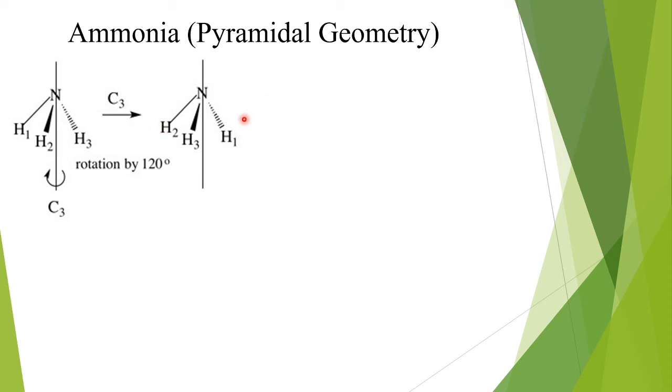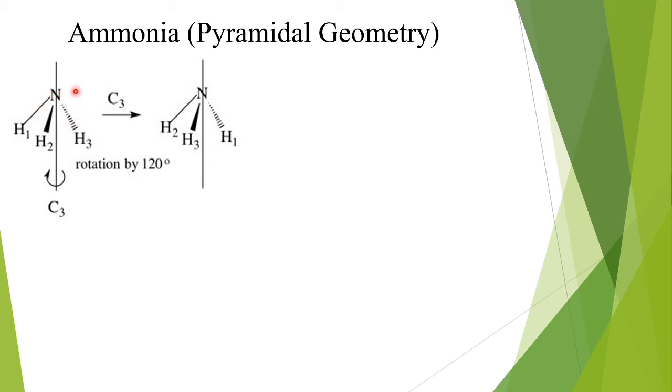Again you can write the same. You put an arrow mark, you write C3, then H1 will come to the position of H3, H3 will go to the left, and H2 will come to the right hand side. Those are the 3 different orientations possible while you are rotating the molecule through 360 degrees. If you rotate again, you will get the first appearance. So you need to count either the first appearance or the last appearance. Don't count both, because first and last are the same.